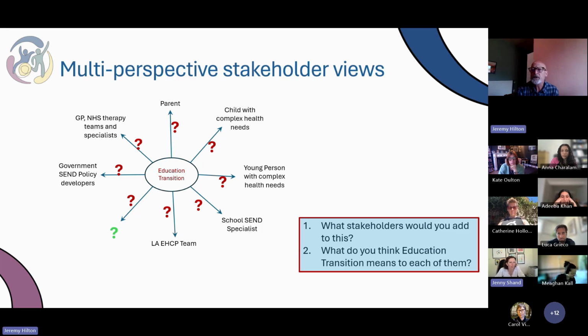And I guess which stakeholders were thinking those different perspectives? It's linking each of those to a stakeholder. Yes, I was thinking predominantly around the charities and VCS provider groups. But more broadly, I think most of these stakeholders probably wouldn't describe an education transition as a set moment in time. I was particularly thinking about that from the families and the charities perspectives, and some of those VCS providers that are often plugging gaps where things aren't quite right. So, a few thoughts that I scribbled.